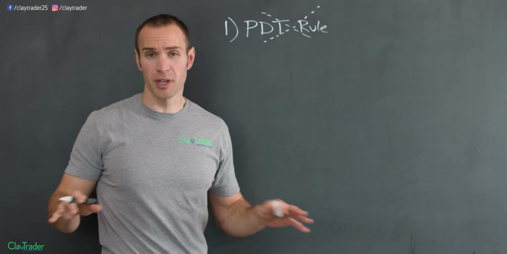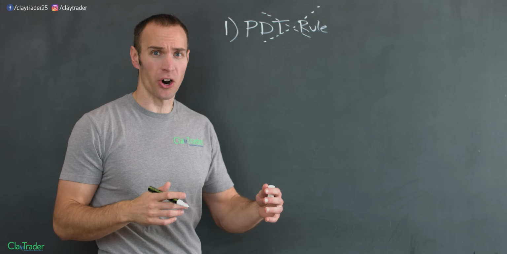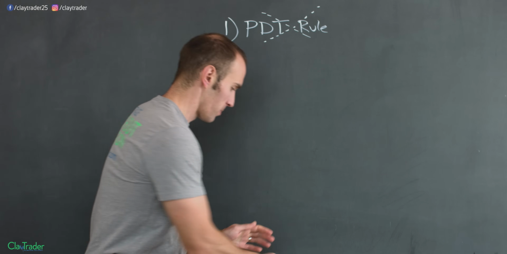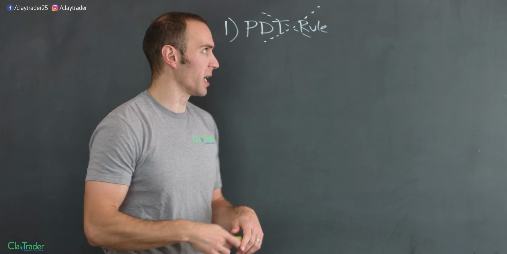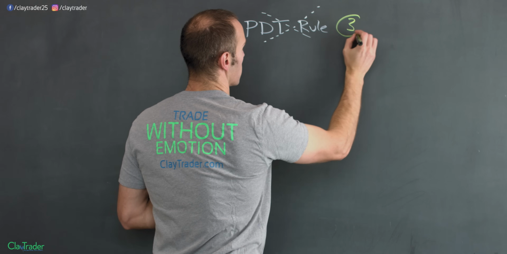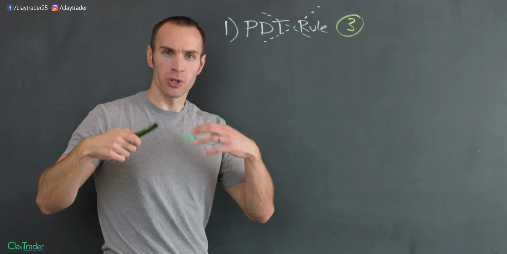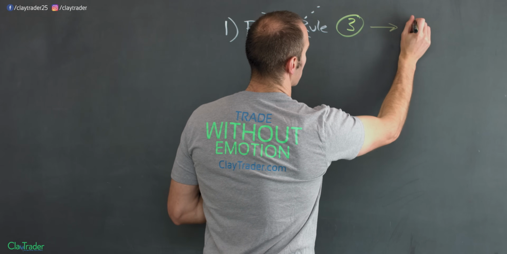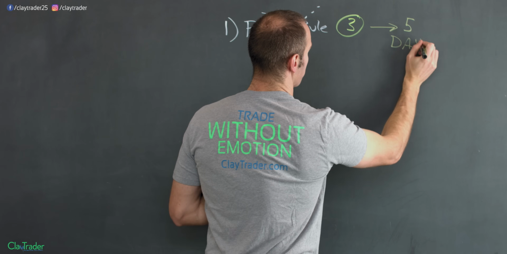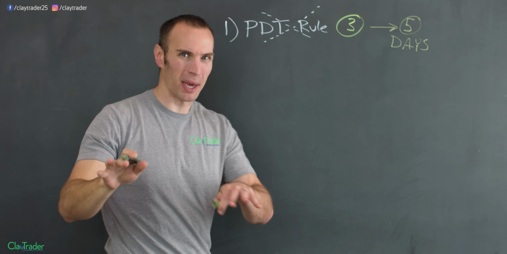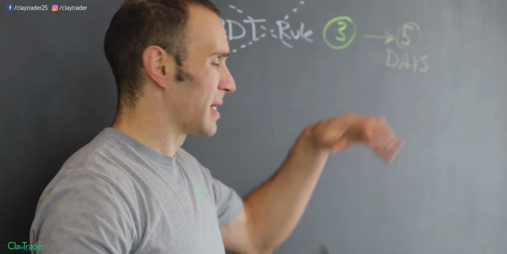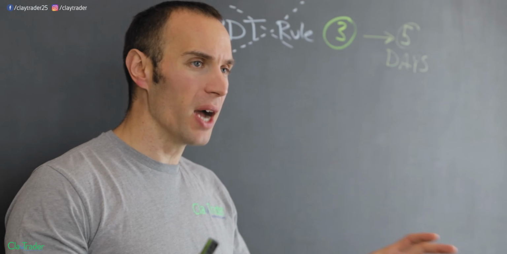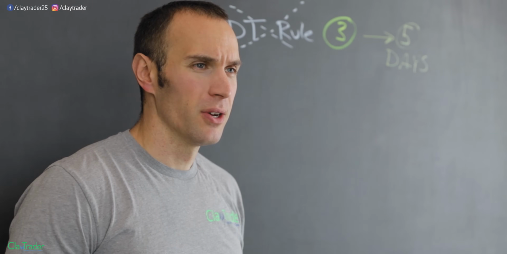Now, for those of you that are brand new to the markets, brand new to day trading, and just getting started, you might not know what the pattern day trading rule is. I'm not going to go into too much detail, but just realize it's a government regulation where you have 2 numbers you need to pay attention to. The first is 3. 3 just represents the number of day trades you're allowed to do. What does that necessarily mean? Well, you're allowed to do these over 5 days. That's a 5-day rolling period, but I'm not going to get too deep into the weeds there. Because of this government regulation, you can make day trades, meaning in and out within the same day, but you can only do that 3 times over a 5-day rolling period,